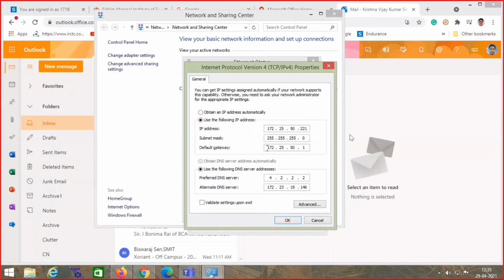So the default gateway is the address which is used to transfer the packet out of the network. Now whenever your computer is preparing a packet to send, first of all your computer makes a decision whether the destination address belongs to my local LAN or belongs to another network.